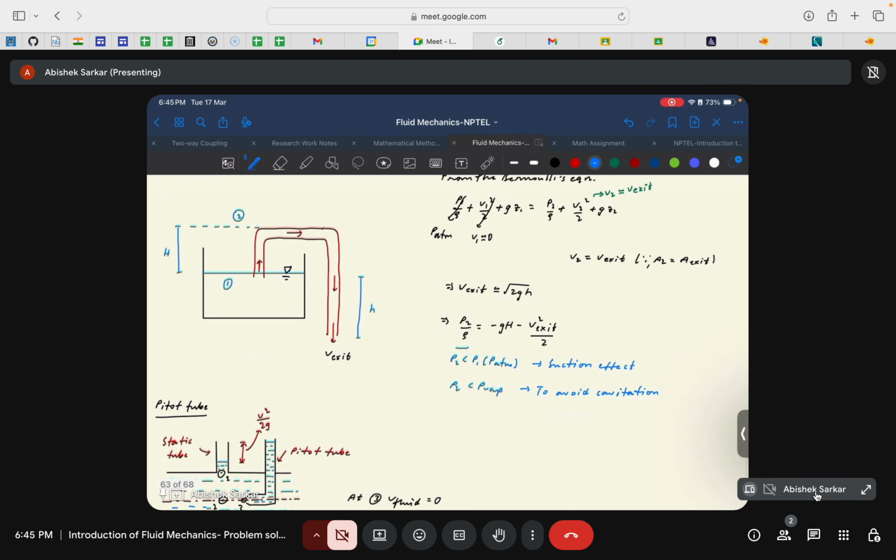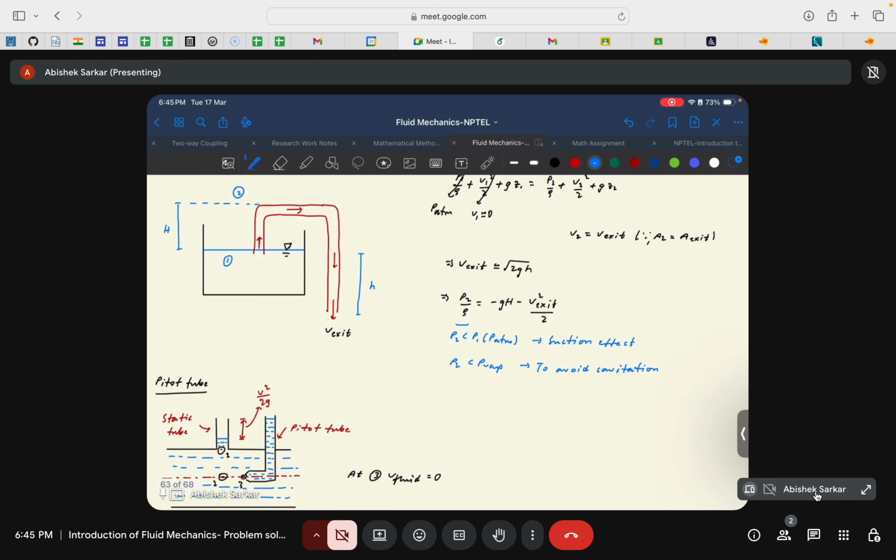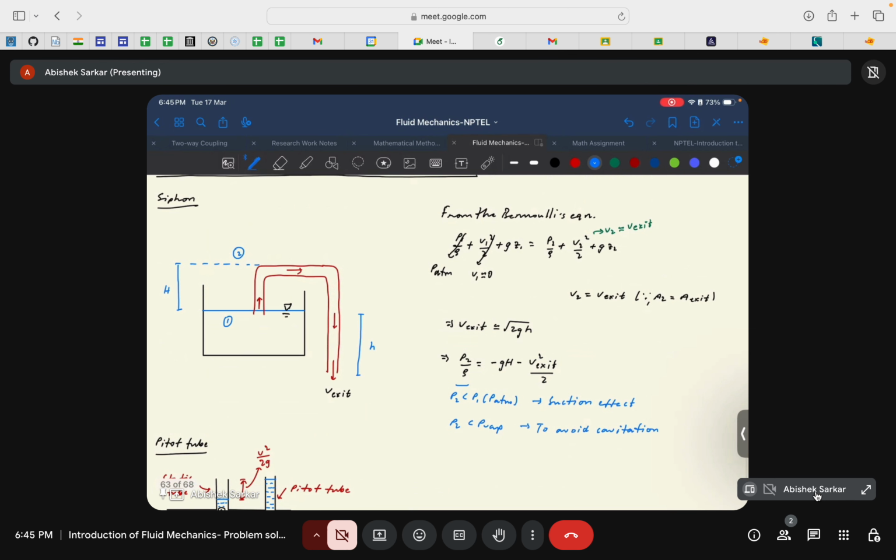So, one of the examples that were discussed by Professor Chakraborty in the class for the application of Bernoulli's equation was the siphon. Siphon is usually used for emptying a tank using the concept of suction pressure. For example, if you want to extract fuel,